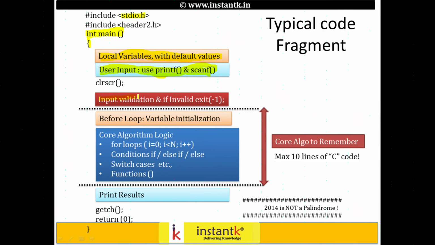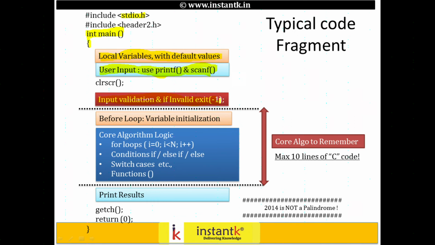So you should do the input validation and see if all the expected values are correct. For example, if you are looking at n, which is the sine of some third degree polynomial or whatever thing, and if that value happens to be 0, it's not valid. You need some valid parameter. So you should check the parameters as much as possible, or if you're checking a palindrome and you want x to be 4 digits, you should do a validity check. If not, exit there.